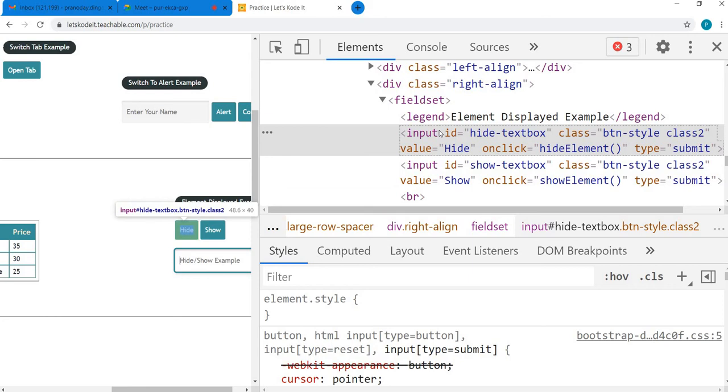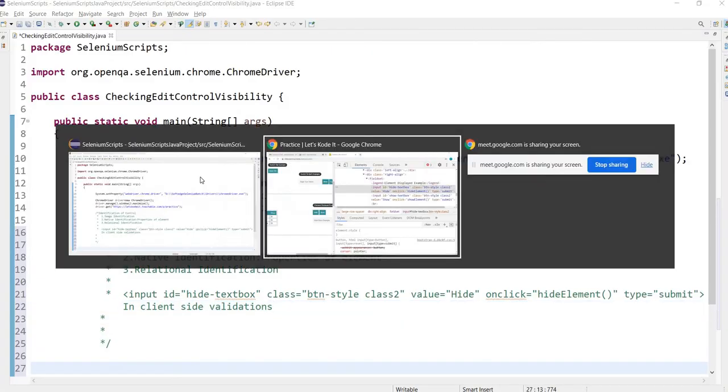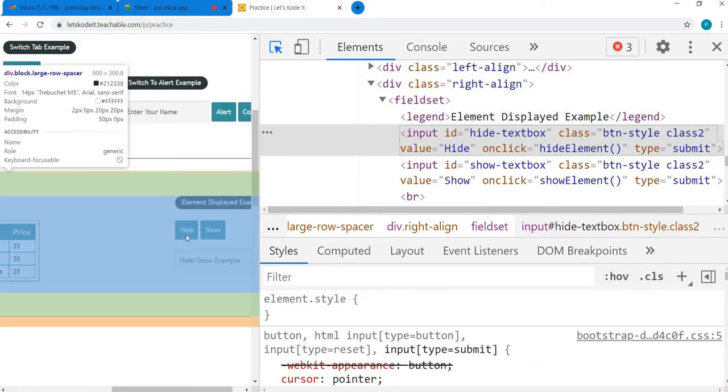So for that purpose they set the ID and name attributes usually to unique values, because they help them in implementing the client-side validations. That's why if you see ID or name set to any element, usually these attributes are set to unique values always, right?